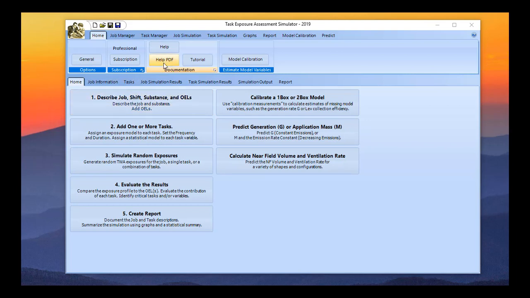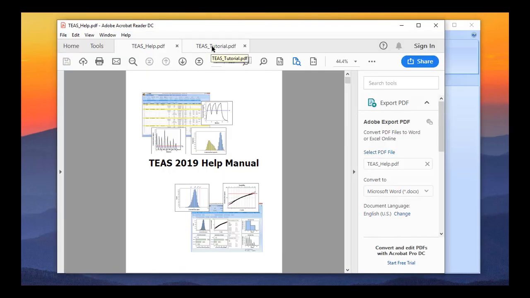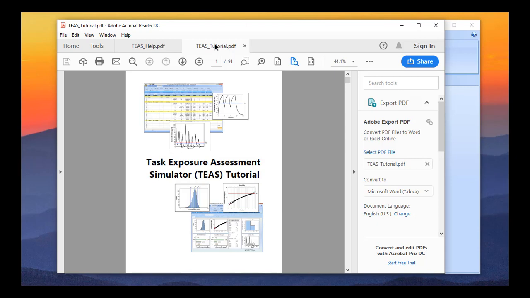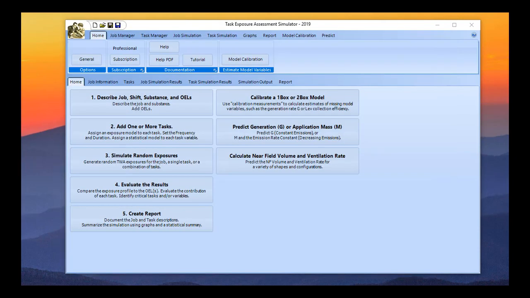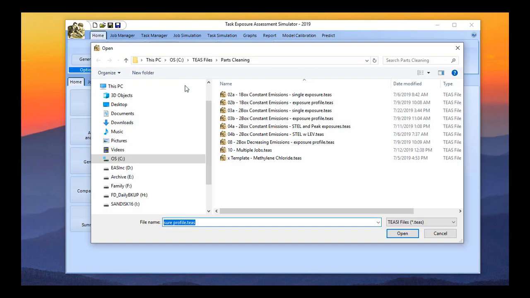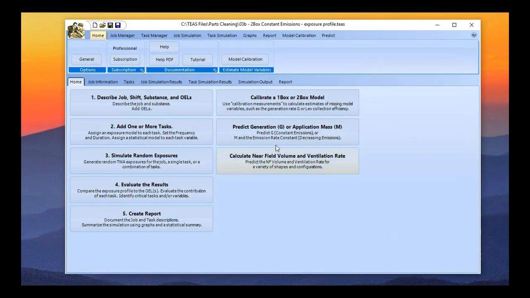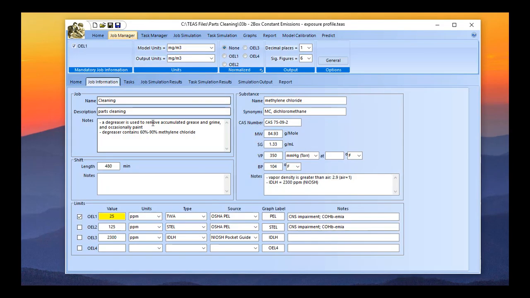I have written a help file and a tutorial to assist you in learning how to use TEAS. To demonstrate TEAS, I will open up a file that I have already prepared. This scenario involves cleaning parts using a degreaser solution which has as its active ingredient methylene chloride. I have described the job, set a shift length,